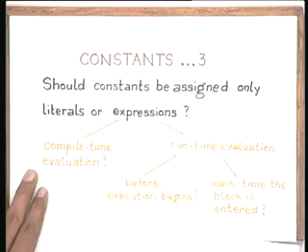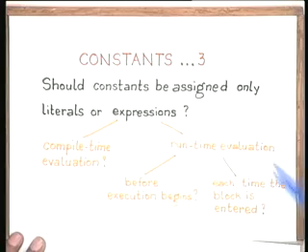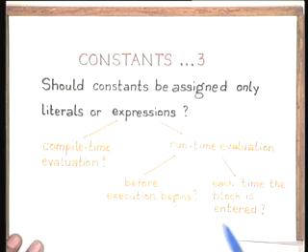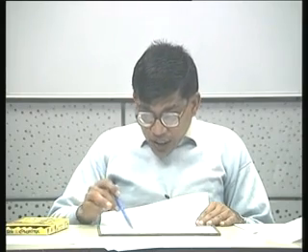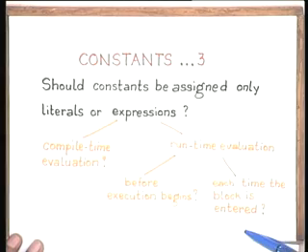Okay. In each case, if you are going to do a runtime evaluation, then you are always slowing down the execution of a program. If you are doing it each time the block is entered, you are slowing down the execution even more, right. Secondly, if you do it each time the block is entered, you have to ensure somehow that, I mean, then there are other questions that arise. For example,